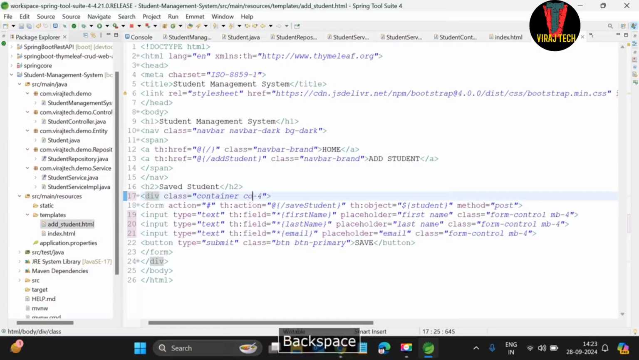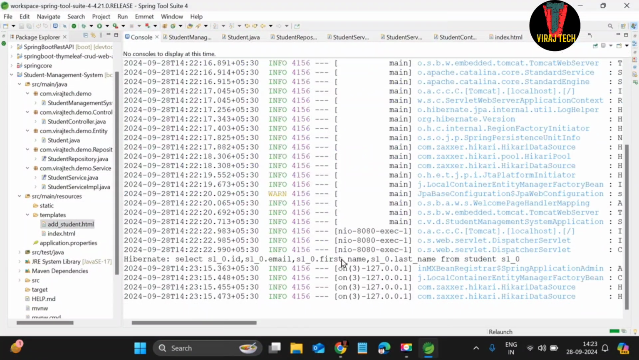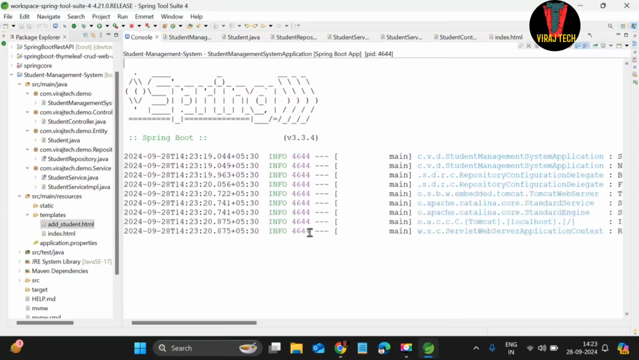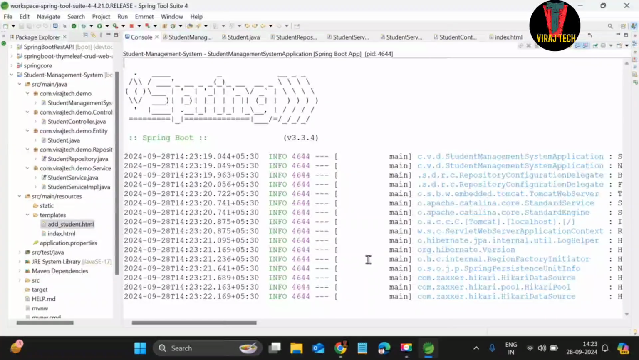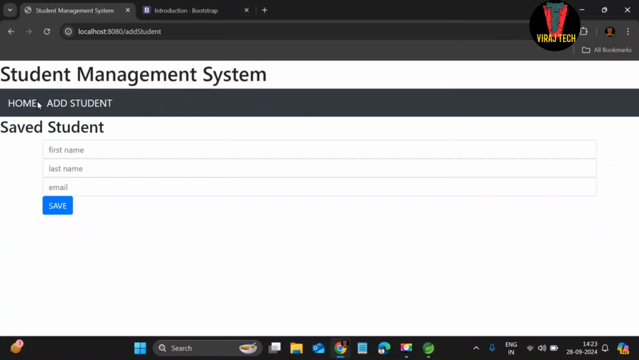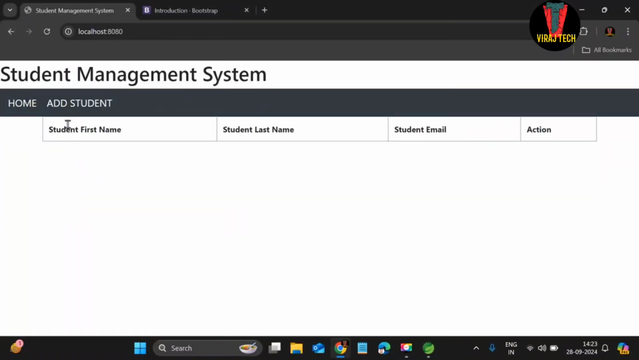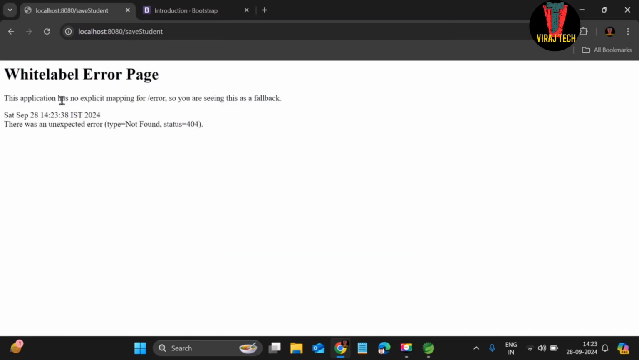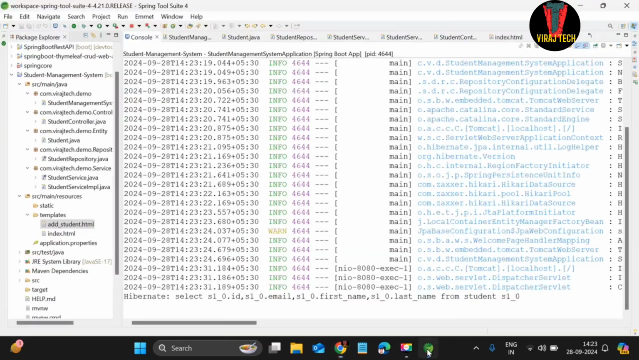So we call column 4, then save it and relaunch this program. Home, add a student. Now it is showing first name, last name, email address. Now in this application no explicit mapping. Next move to our save part,